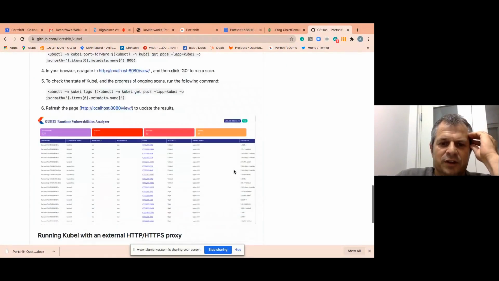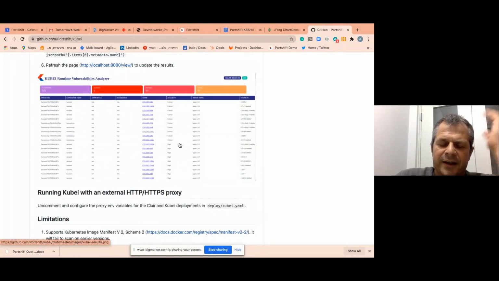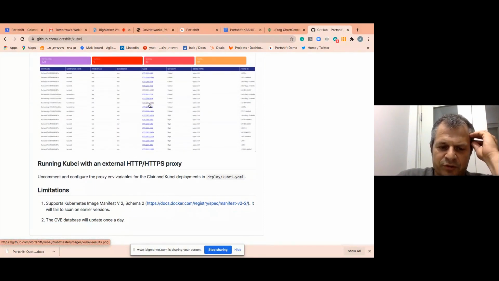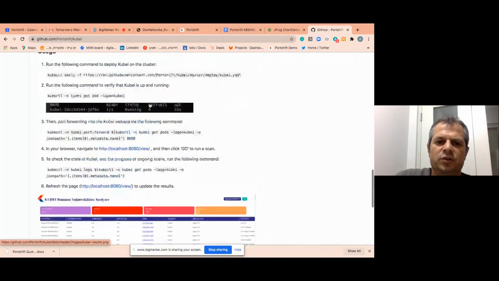And then you run the scan, you get this HTML report to show you all the pods, the namespaces, and then what was found. If you click on it, you get even more detailed information of what package, what fixed version, and of course it's recommended to do it automatically.